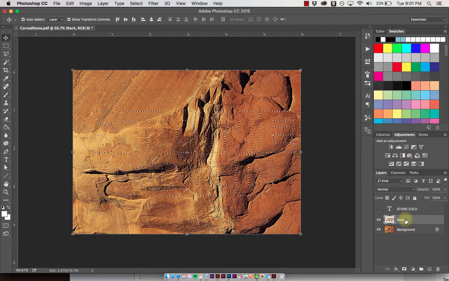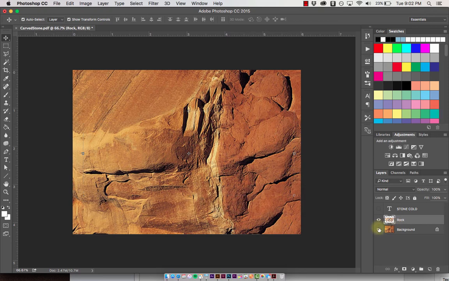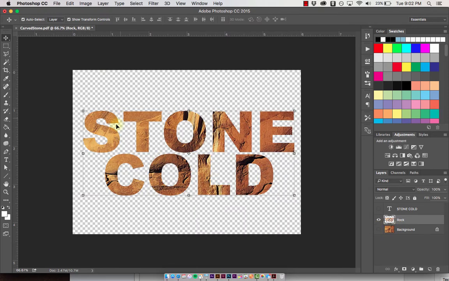And right now it doesn't look like anything's happened, but if you look at the thumbnail over here on the layers, you'll see that it's a little bit different. So I'm going to deselect the Stone Cold by pressing Command D or Control D on the PC. And if I just hide my background layer, then I can actually see what I did. And so you should now have the words Stone Cold, but it should be made up of that awesome red rock image. And it's to this layer that we're actually going to start applying a lot of the layer effects